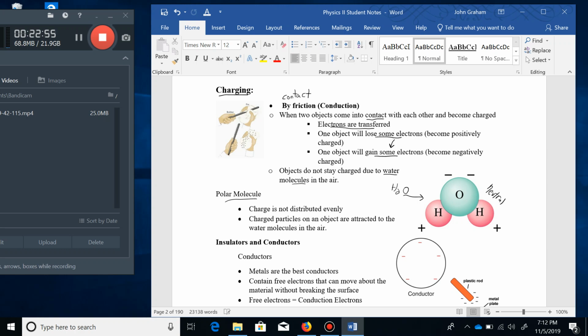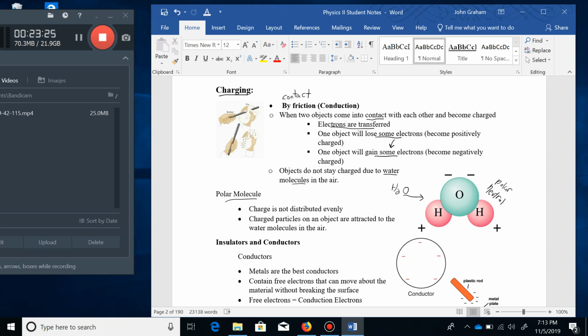But they're polar. This side's negative, that side's positive. So if this side gets too close to a positive charge, it's going to be attracted to it. If this side gets too close to an electron, it's going to cause the electron to move towards it. And the fact that this is polar is why these water molecules will pull the charges off random objects when